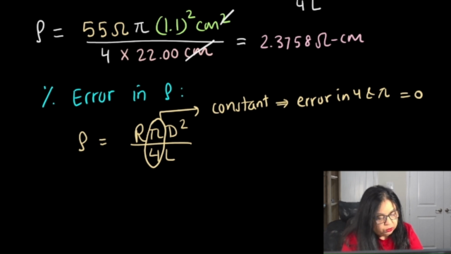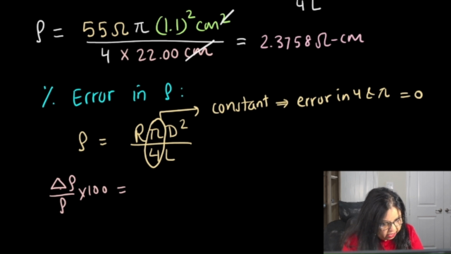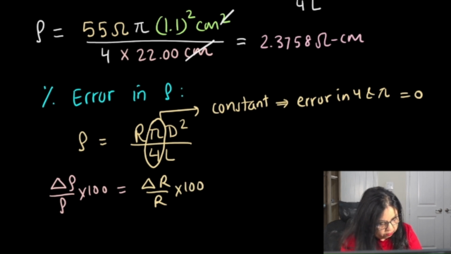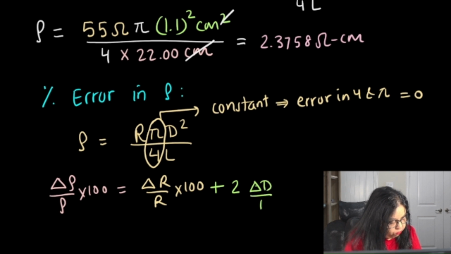And when you do so, you get delta rho over rho times 100 equals, on the right hand side, delta R over R times 100 plus, now here, this 2 comes down as the coefficient, 2 times the percentage error in the diameter D, that is delta D over D times 100. And last,